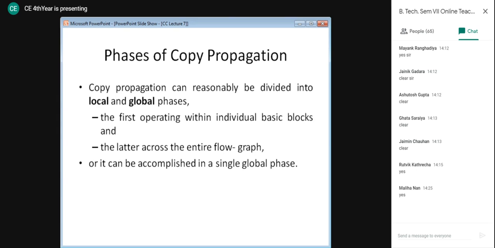So you can do copy propagation in two ways. Either first you do it individually for all the basic blocks, that is you perform local copy propagation. Then you go for global copy propagation, taking into account local is already done, or you have a single global phase in which you have an algorithm, a technique in which effect of local and global is done simultaneously, or it is done together.